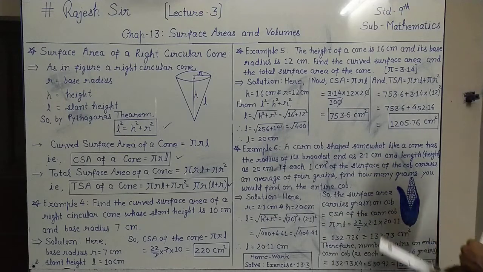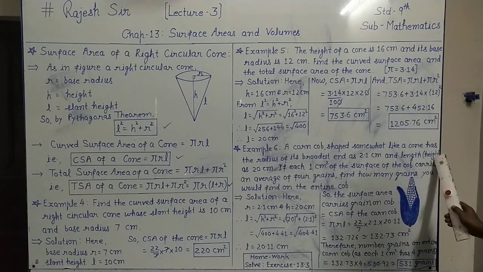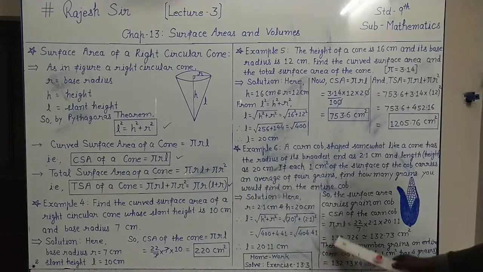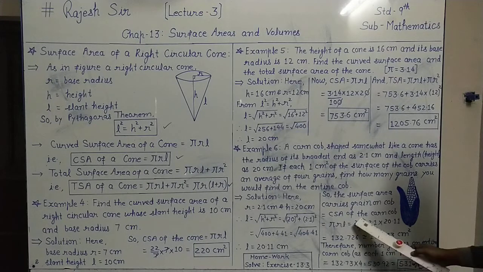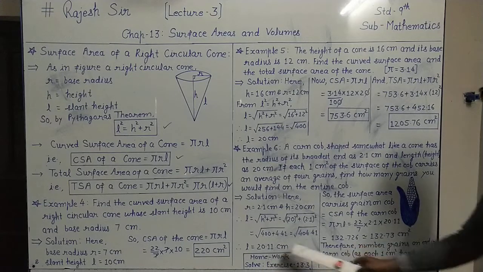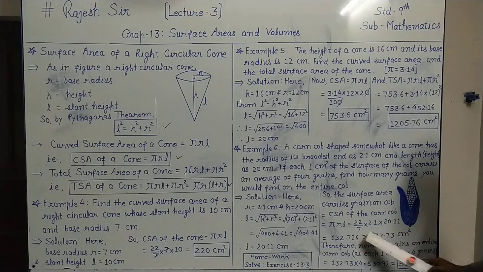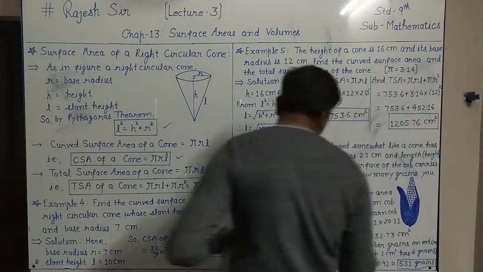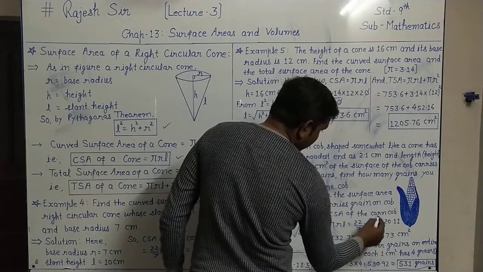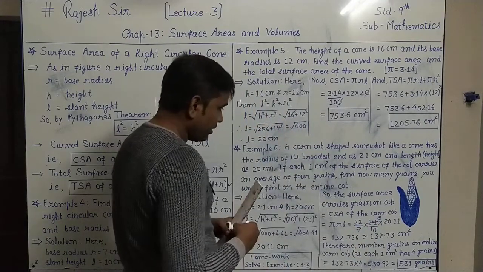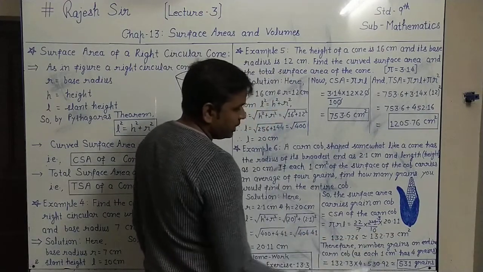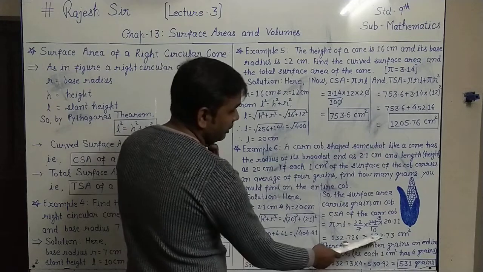So CSA of the cone, and the cone is in the shape of a cone. So the CSA of a cone is pi r l. So this is the formula, pi r l. Pi is 22/7, r is 2.1, it is given, and l we found here is 20.11. That we have to place and simplify. First, very simply we can put 10 here, and this point will be removed, and 7 and 21 we can cancel. Now multiply everything, 22 into 3, 66 into 20.11, and then divide by 10.